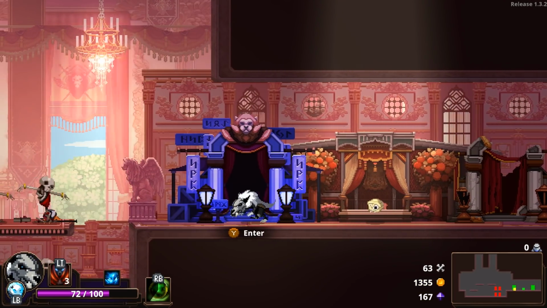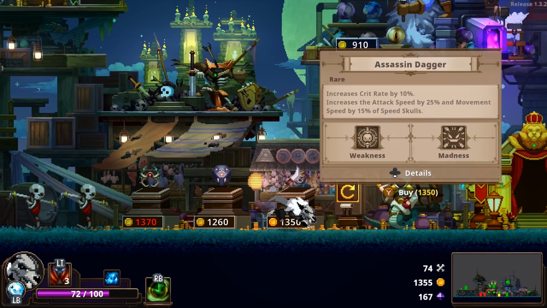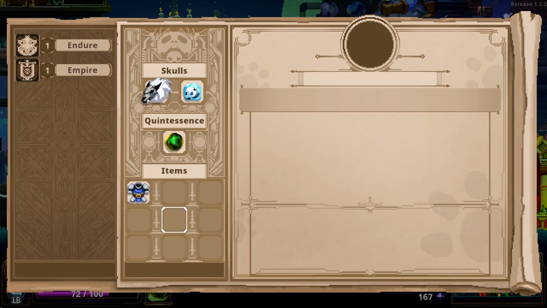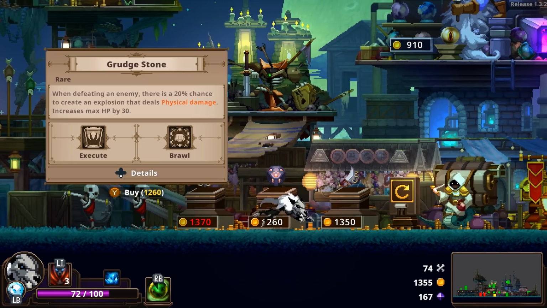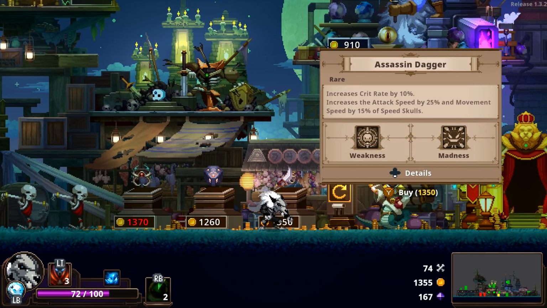Mummy with mummy poison. Nah, no thank you. Come into the ship. What do we have in here? Ugh. Once again, I can't sell my items. So what's here is just what I live with. But if I get Assassin Dagger, it's going to increase our crit rate, increase attack and movement speed of speed